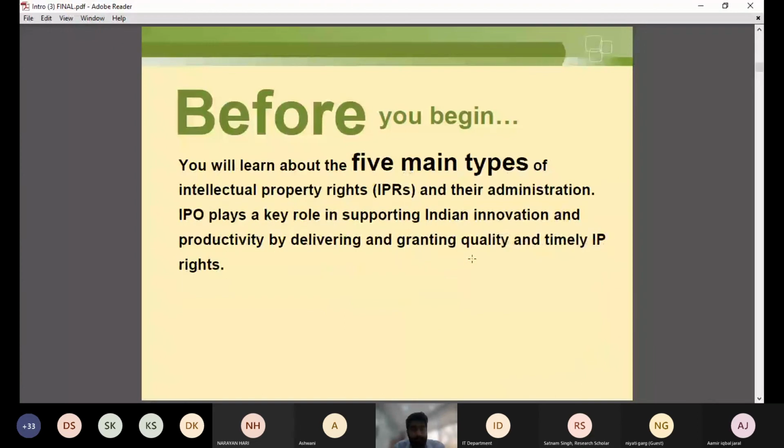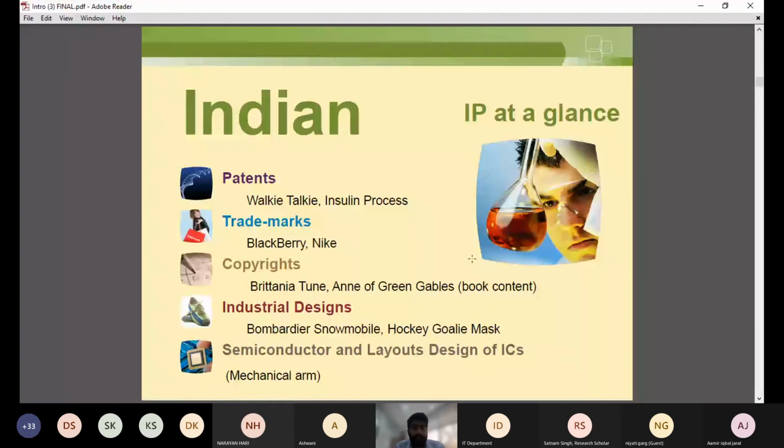Now there are 5 main types of intellectual property right that we are going to study today, as mentioned on your screens. I hope everybody is able to see that. So these are the basic 5 types of intellectual property rights that are well known in the market, but there are a few others. But today we are going to focus on only these 5 of them. I'll briefly explain what the other types of intellectual property rights are also, but just to give you a glimpse over this slide. So the first is patent.